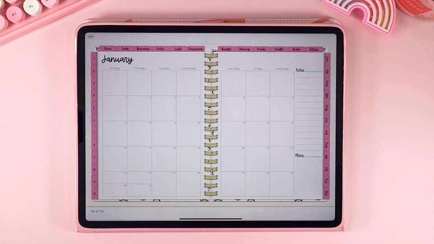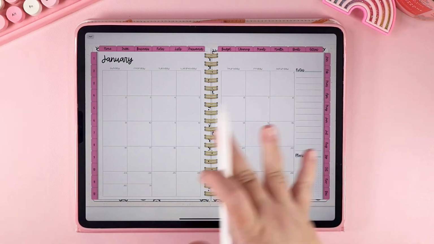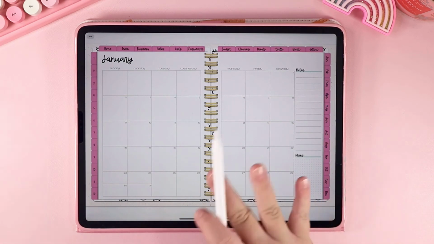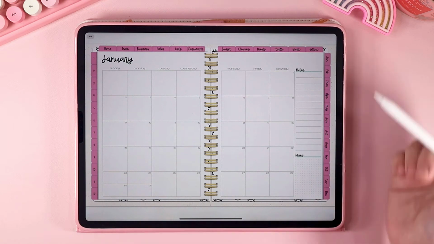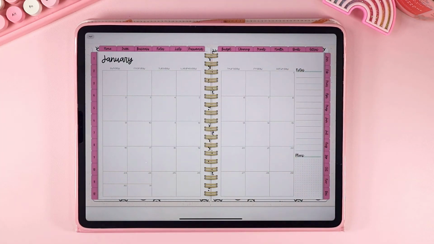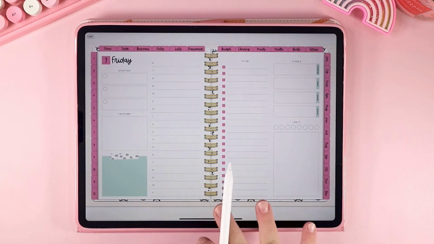All of these are dated unless you are using the undated one. So whenever you go to the months, there are a lot of hyperlinks on each page, and I'm going to show you how to find them. So whenever you're looking at the month planner, you can see all of the dates here in the corner. So let's say that you want to go to the daily page of January the 7th. You would just click right here on the 7, and it would take you to the daily planning page for